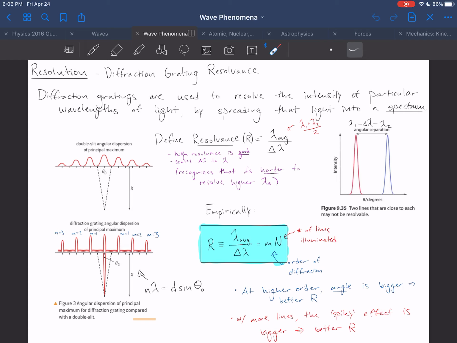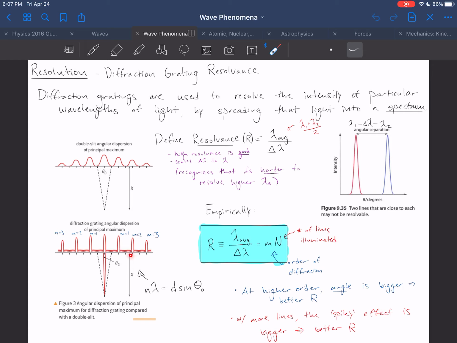Okay, so you get higher resolvance at higher orders because that light is being spread out at greater angles, times N, the number of lines actually illuminated. And at higher order, the angle is bigger, so that gives you better resolvance, and with more lines, you get